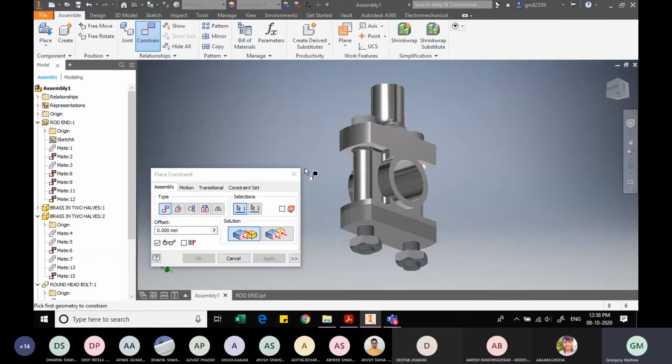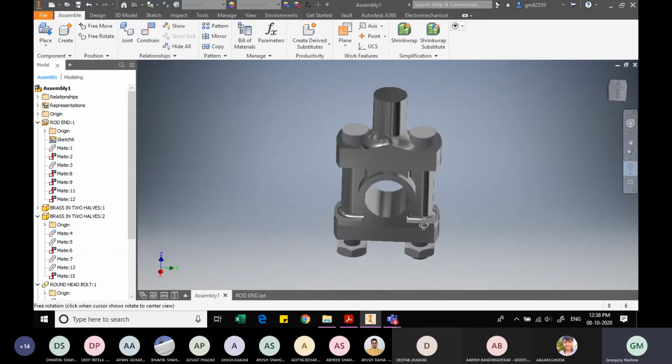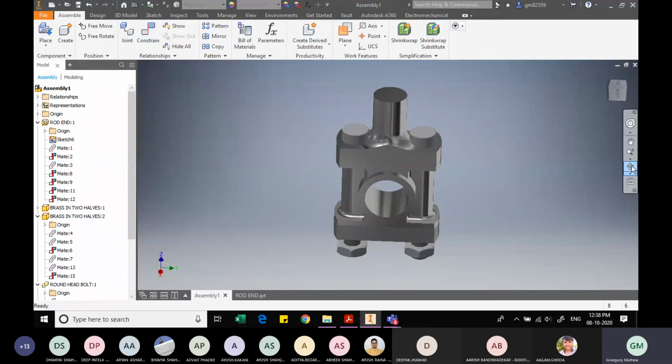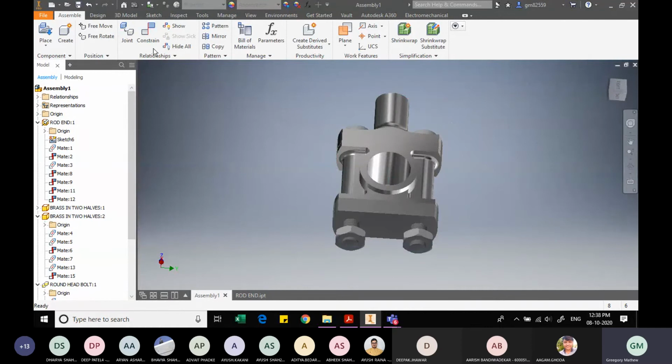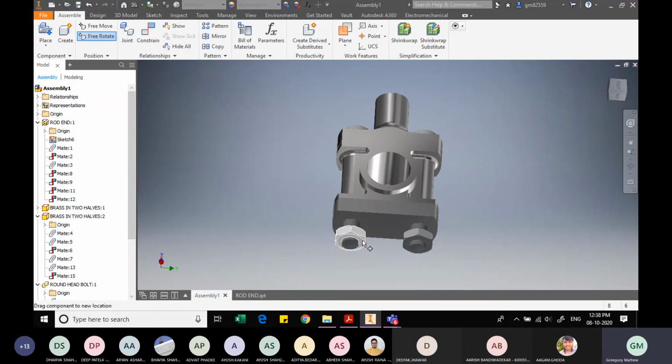And let me touch the faces. Let me constrain the faces of the nut. So to do that, let me select the respective faces. So constrain, no, the better option would be, let me rotate the original drawing, and then the hexagonal nuts we will select as they are. So constrain, select X face, and to select the other face using the free rotate option, let me rotate this nut slightly. And I will also rotate the other nut also.